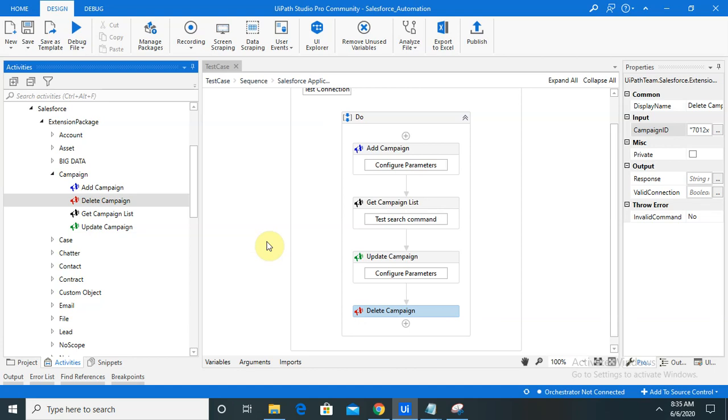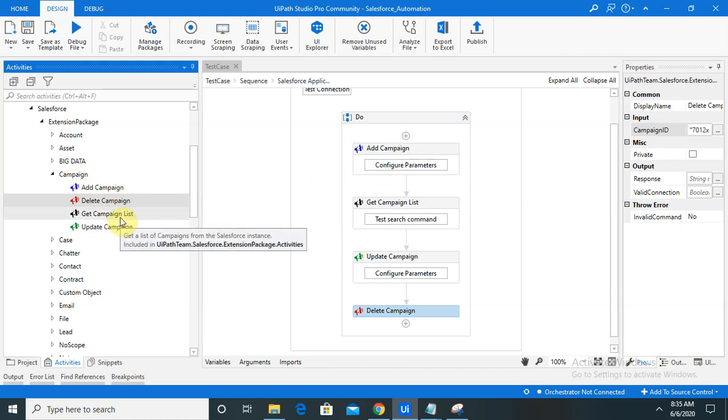So let's recap this. Whenever you want to automate your campaign activity, we will need Salesforce login credential, then activities to be installed, Salesforce activity. Then for adding, we just have to use add campaign.